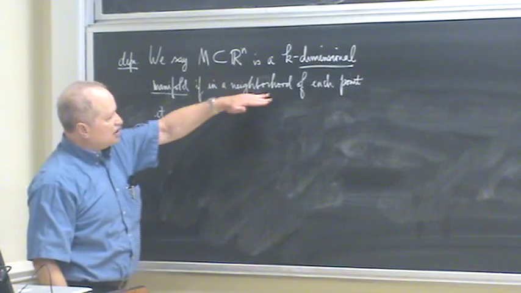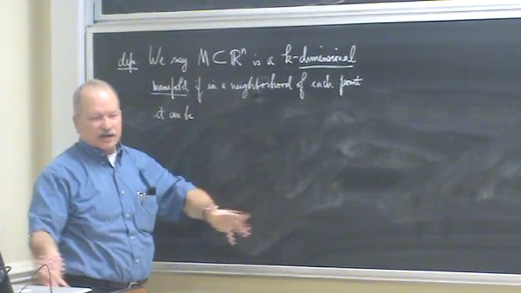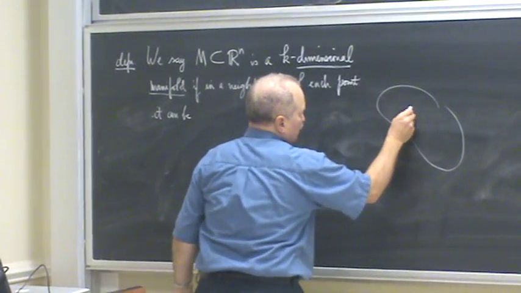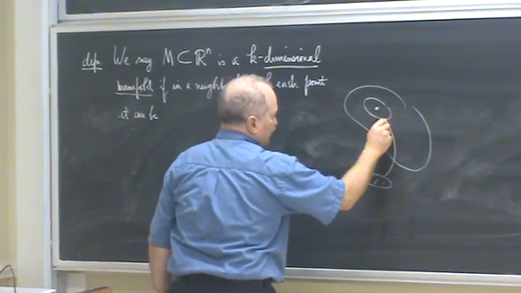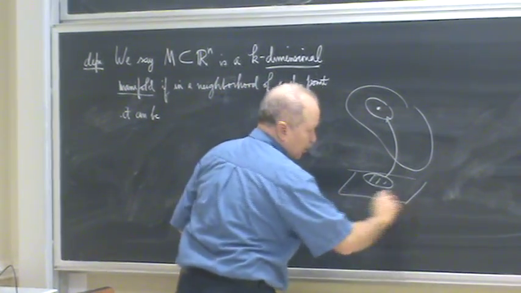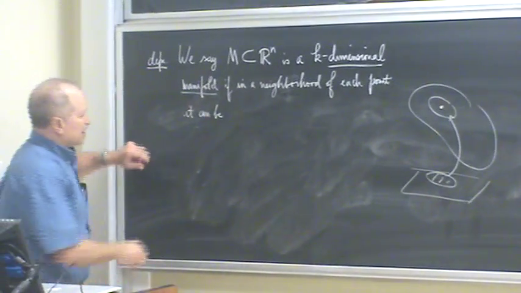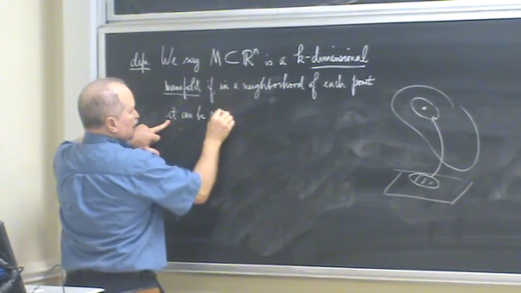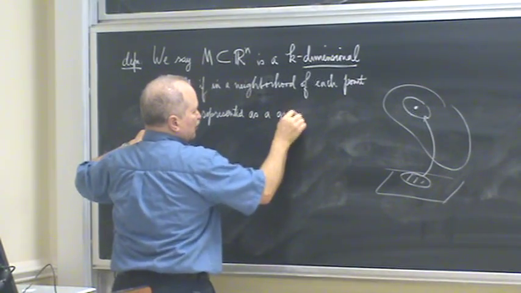So I'm talking about doing this locally, not on the whole thing at once, but just in the neighborhood of each point. Near each point I'm saying I can represent it as a graph of a function over one of the coordinate k-planes. So this sounds abstract, but I'm going to talk about examples in a sec. If it can be, in the neighborhood of each point, it can be represented as a graph